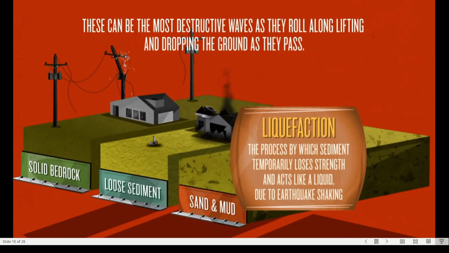Okay, so very well detailed yung video na nakita natin. Pinapakita dito yung iba't ibang uri ng waves, and then at the same time, kung paano sila gumagalaw sa ilalim ng lupa at sa ibabaw ng lupa. And then, meron din tayo ditong tatlong uri ng soil, yung solid bedrock, loose sediment, and sand and mud. Pinapakita to kasi iba't iba yung intensity or impact na binibigay ng different kinds of waves. So, yung pinaka great impact niya ay doon sa sand and mud kasi mas loose na no? Hindi tulad dun sa solid bedrock,